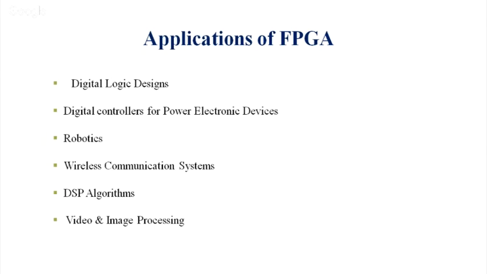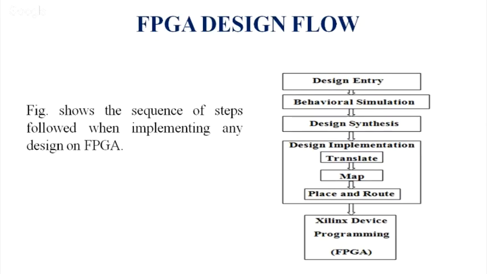for motion control of robots and for sensing in robots. In image processing, we can use FPGA for DSP algorithms, because DSP algorithms involve very large data, so we prefer FPGA for fast execution of video and image processing. So without discussing much more detail about FPGA, I am going to introduce how we work